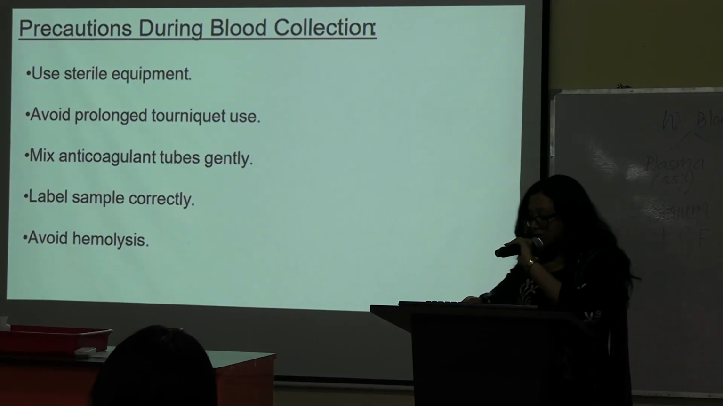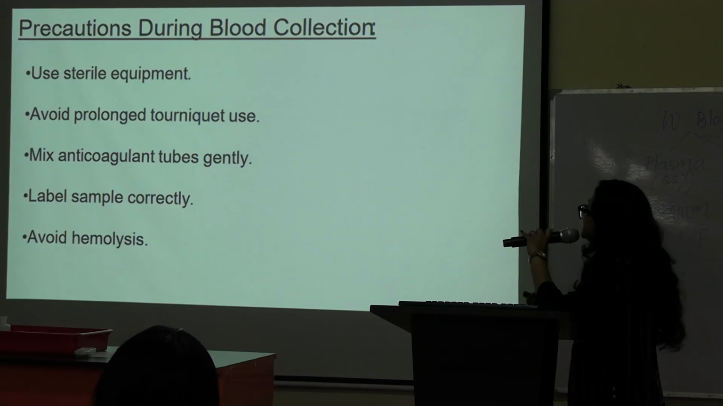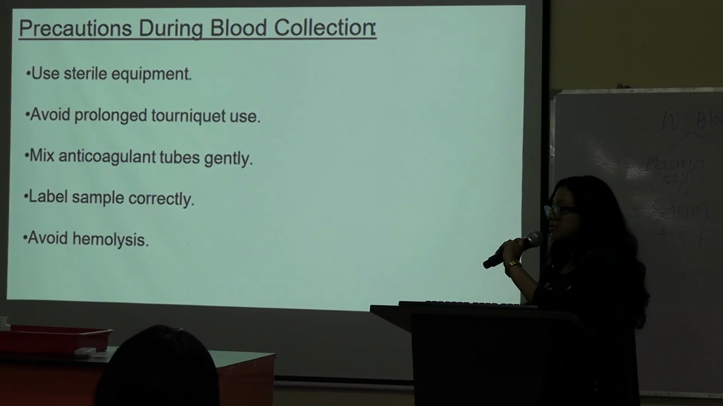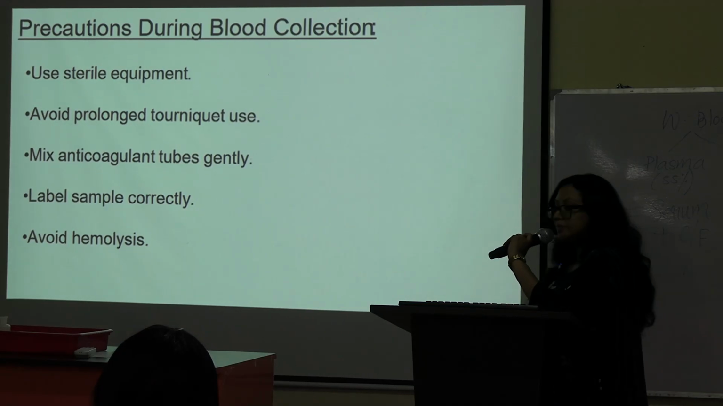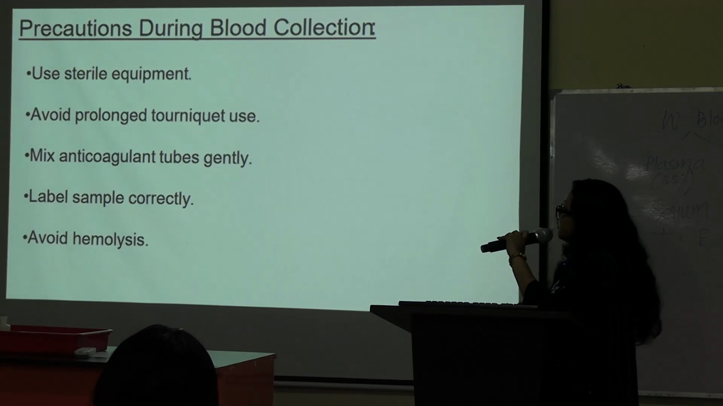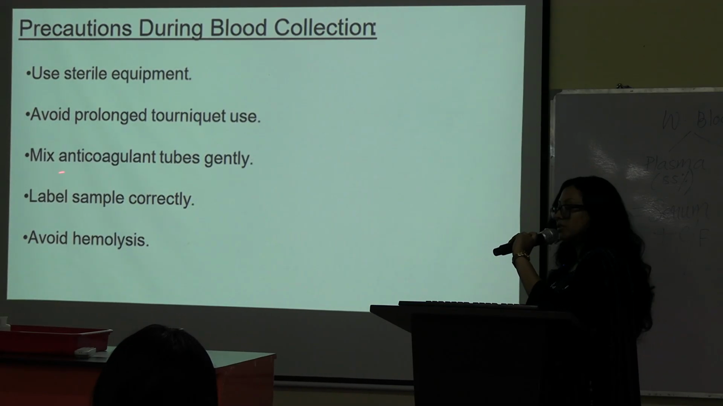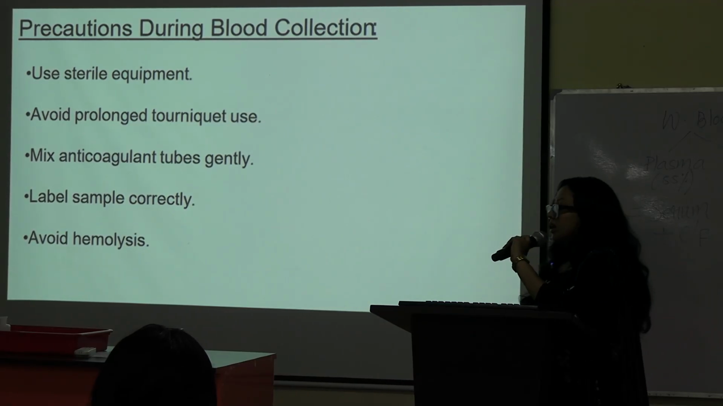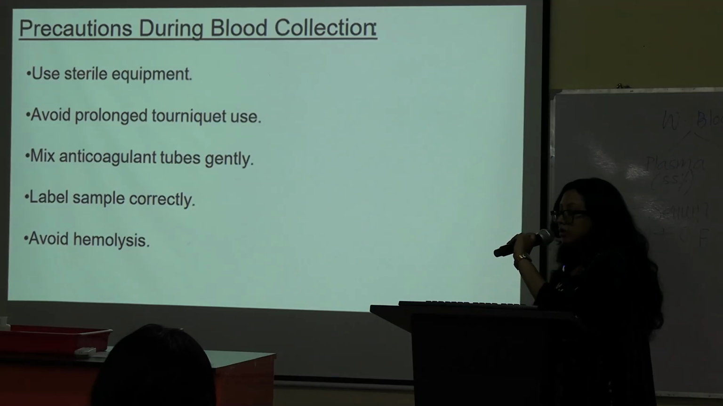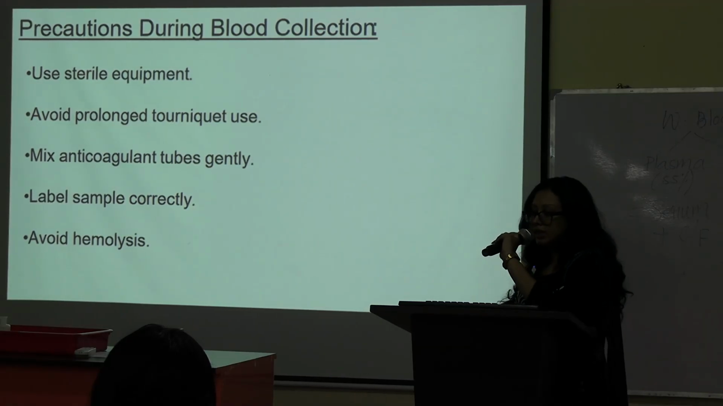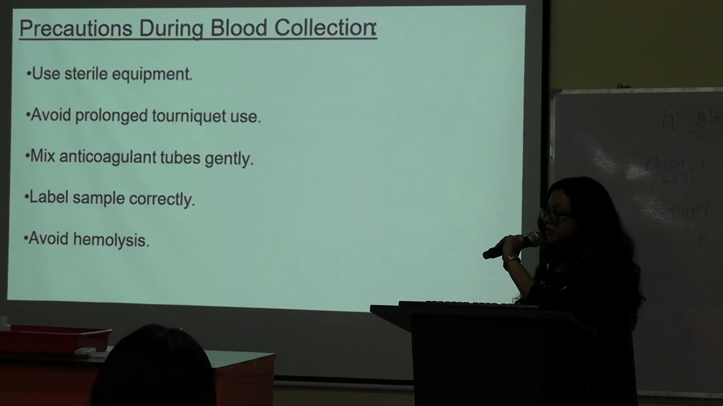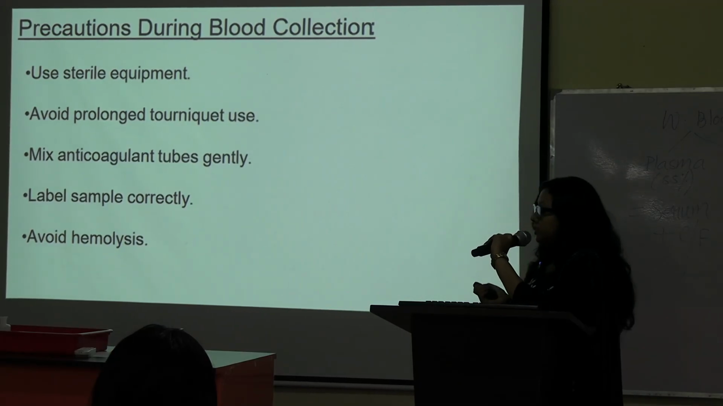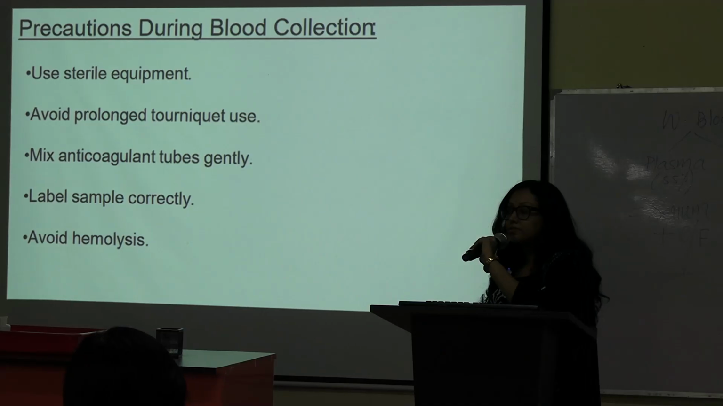Now, what are the precautions you will take during blood collection? Use of sterile equipment, obviously it is important. Otherwise, there will be spread of infection. Now, avoiding prolonged use of tourniquet is also essential. So, why is it important? Tourniquet is basically pressure we apply before or during blood collection. If we apply pressure for a longer period of time, which is more than 1 minute,